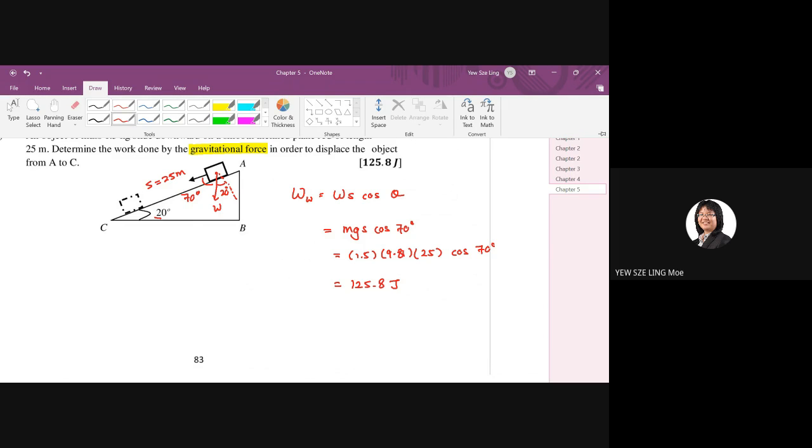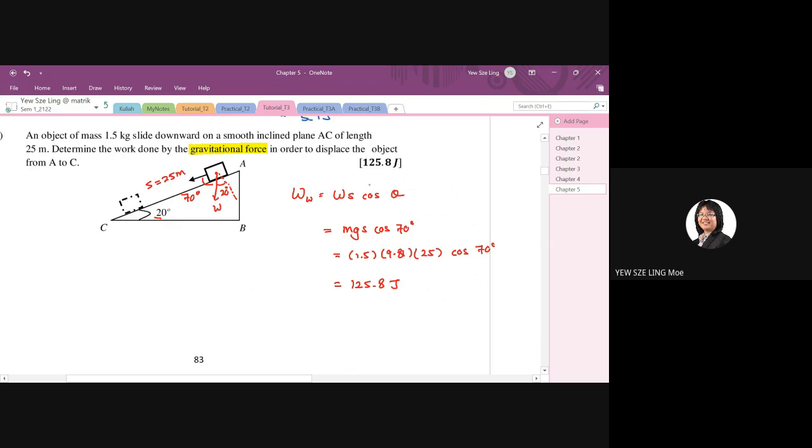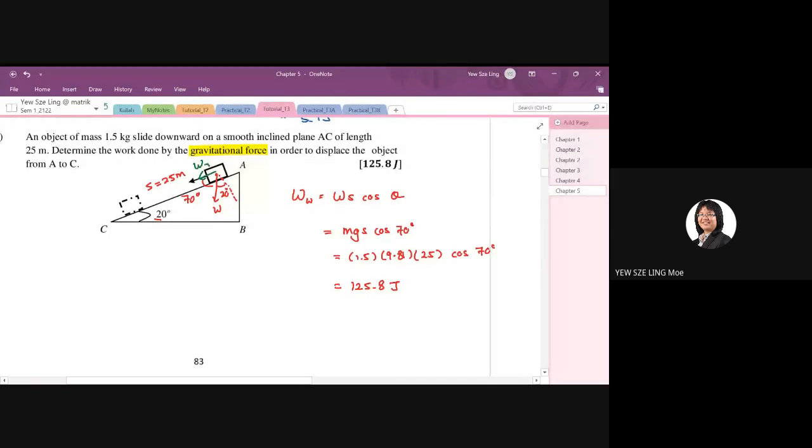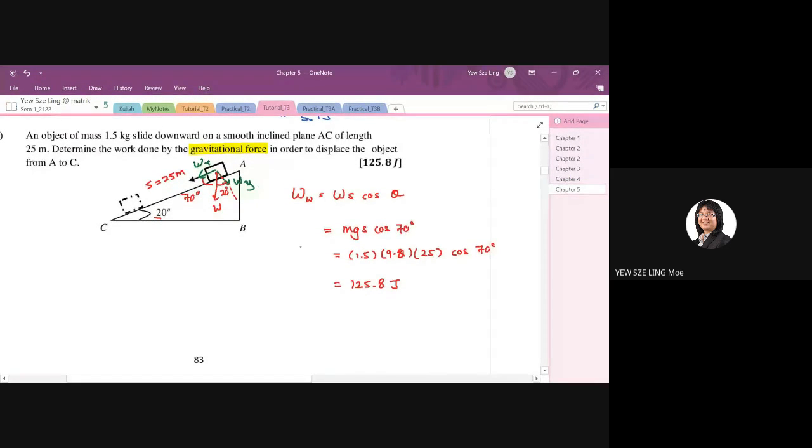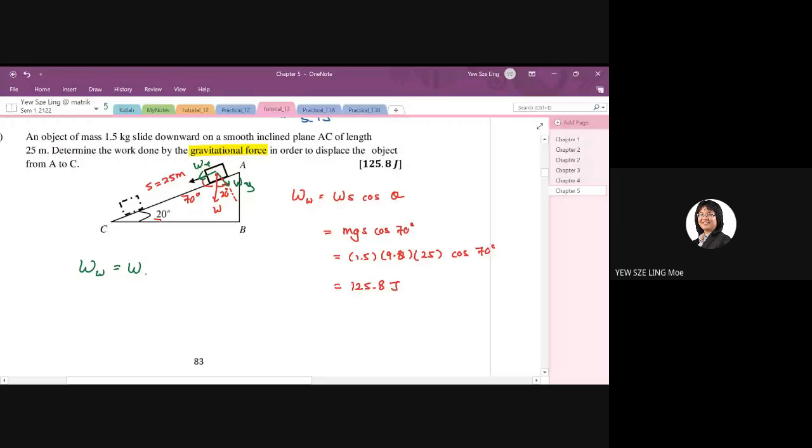Now, after you determine the work done by gravitational force, what if you want to use a second method to solve it? Can or cannot? Of course you can. Because now your W is lying in between the X and Y components, you can resolve it into W_X and then W_Y. But in this question, what we want is just W_X, because W_X is lying on the same axis as our displacement, as our S. Therefore, the second method, W_W is equal to W_X